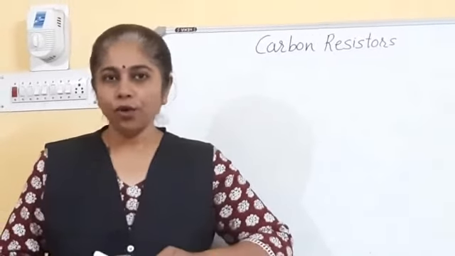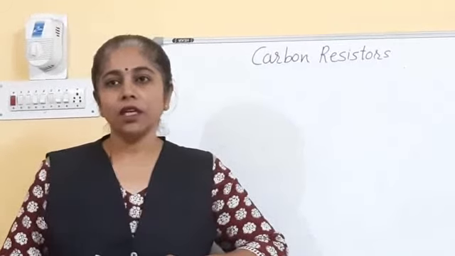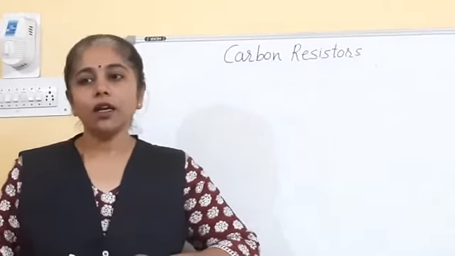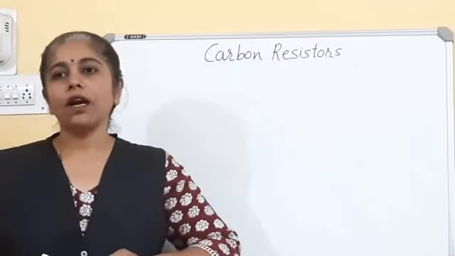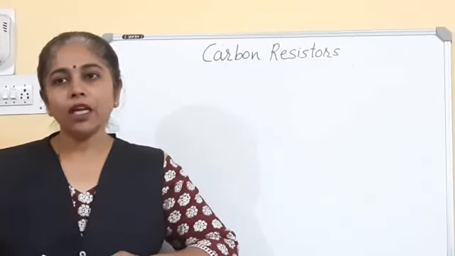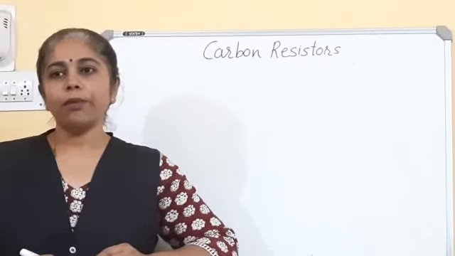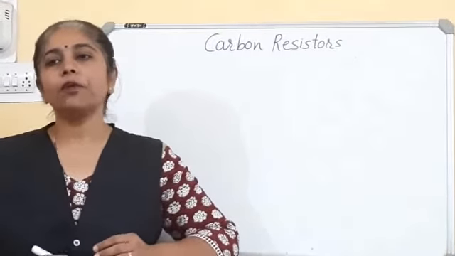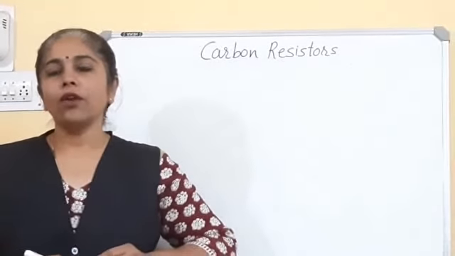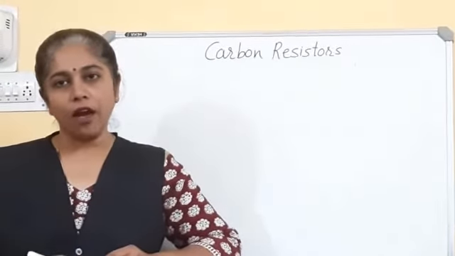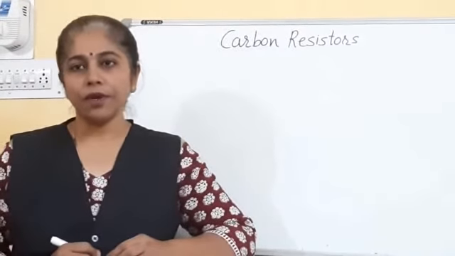We have discussed Ohm's law, drift velocity, resistivity, relation between current and drift velocity, mobility. Then we have discussed the dependence of resistance. Then we have seen the effect of temperature on resistivity for different materials, and lastly we have discussed ohmic and non-ohmic conductors and their graph. Now in this class we are going to discuss the carbon resistance.